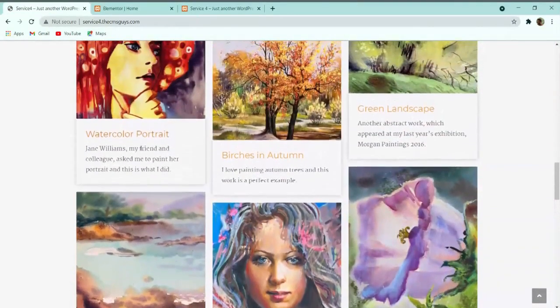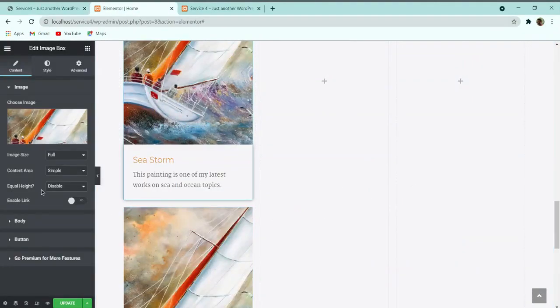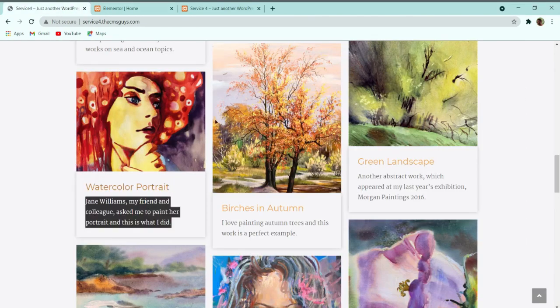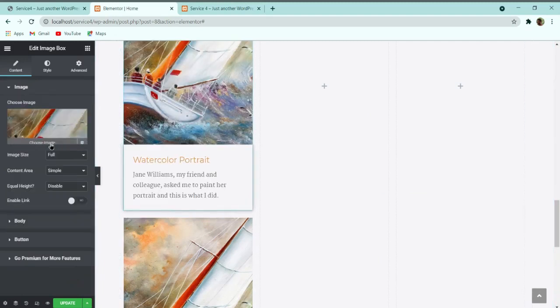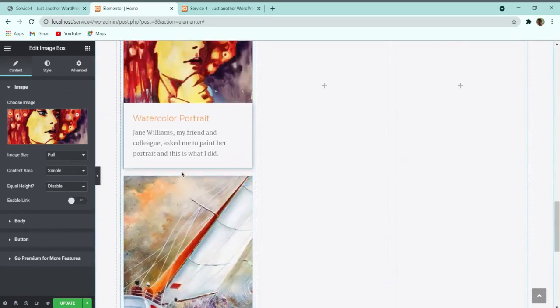Now what you have to do, you have to simply copy the text from here, and then go to this body part, paste the text, and again copy the description here, paste the description. After, and go to the image part, and just change the image. So here you can see that I have selected that image.